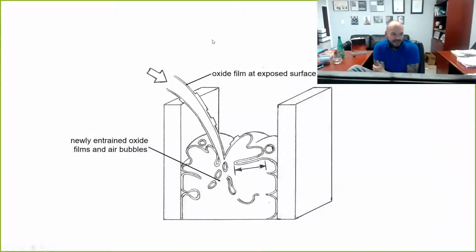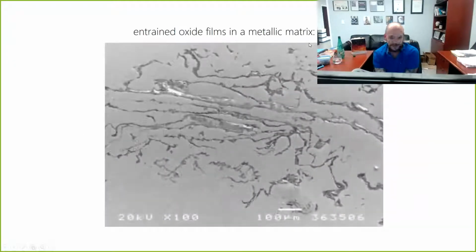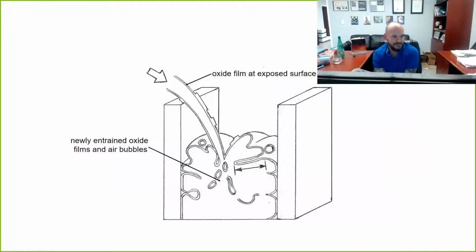All right, so here's some example of pouring practices responsible for the entrainment of oxide films into the bulk of the melt. And we can see it as clear as day. Here's a metal entering a mold or a ladle from a furnace, say, and you can see that there's an oxide film at the exposed surface, which then is being entrained into the bulk. And the impingement of a stream of metal into stagnant metal results in the entrainment of air bubbles as well. So what we end up doing is creating essentially this oxide metal pudding that we just keep pumping through the system and messing it all up.